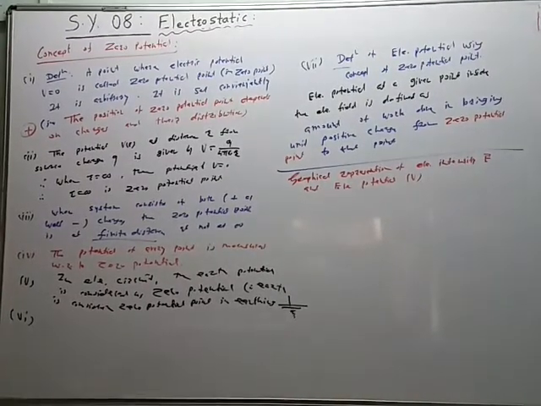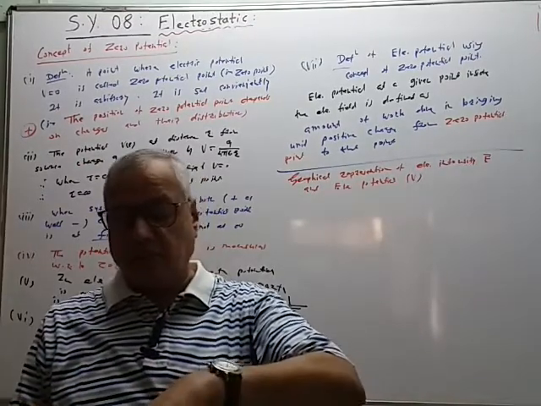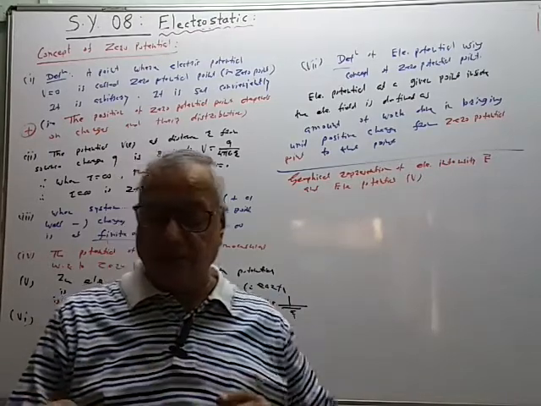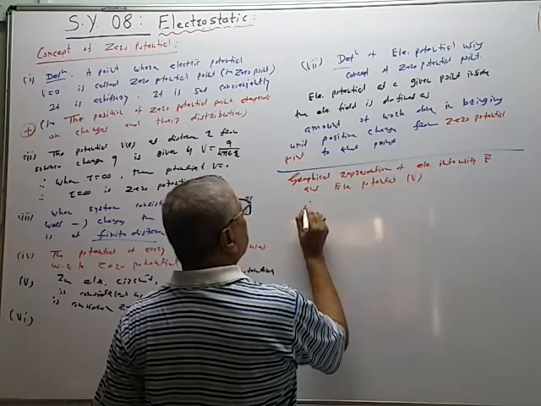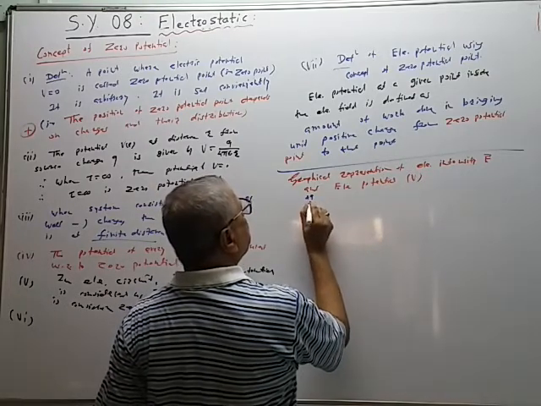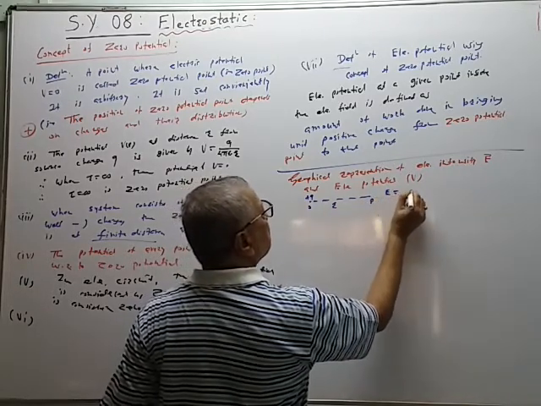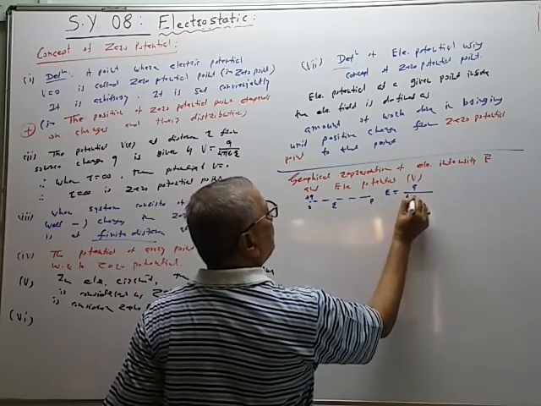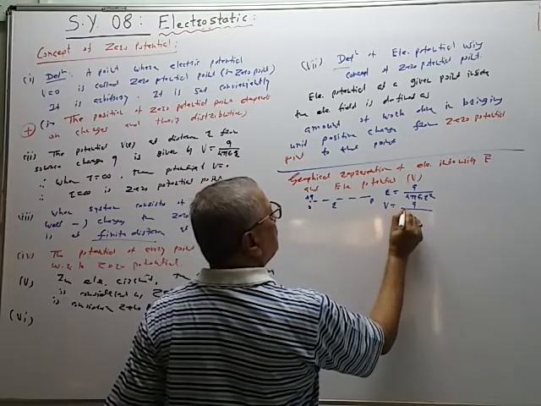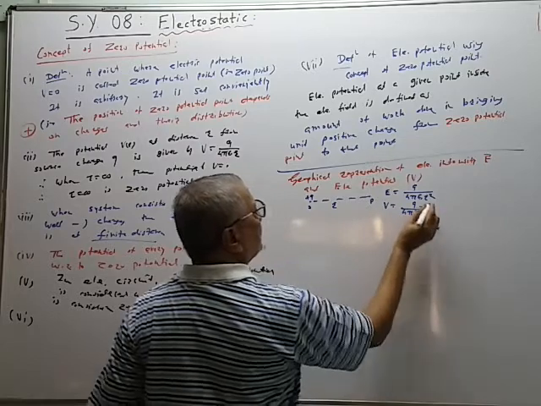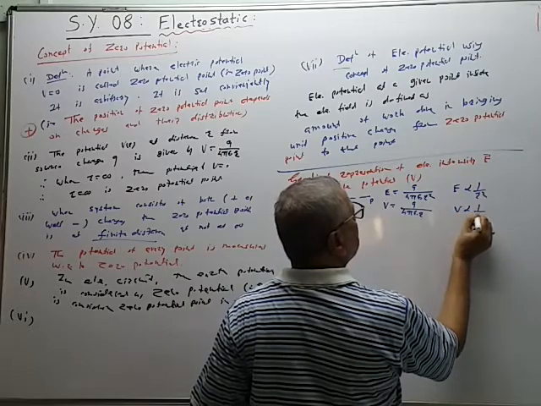So we have seen the relationship between electric intensity and potential. E is equal to minus dV by dx. So this E and V both are depending upon the distance. So if at point O a plus Q charge is kept fixed and P is a point at distance R, then at point P the intensity has magnitude Q upon 4 pi epsilon naught R square, and at point P the potential is given by Q upon 4 pi epsilon naught R. So E is inversely proportional to R square and V is inversely proportional to R.